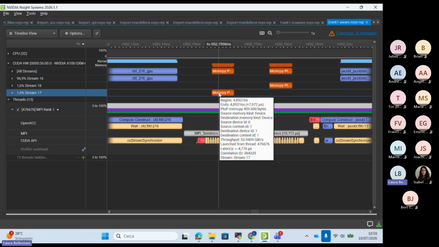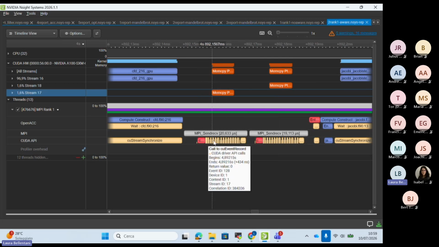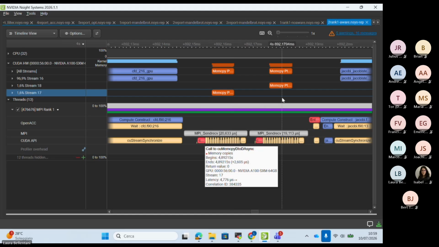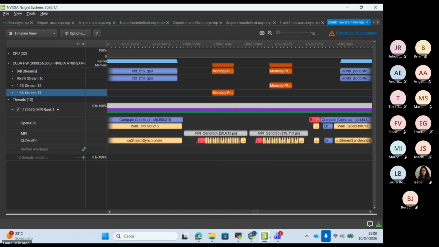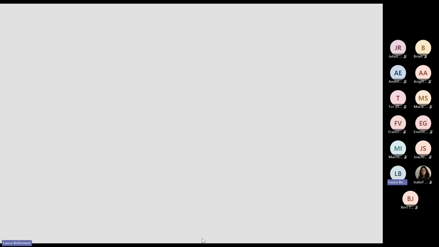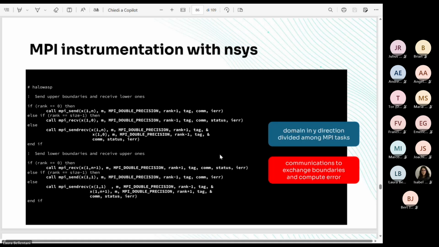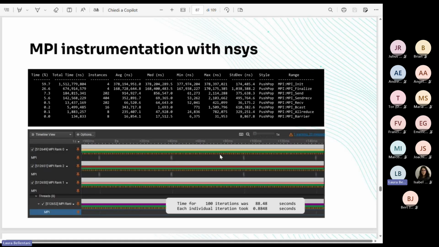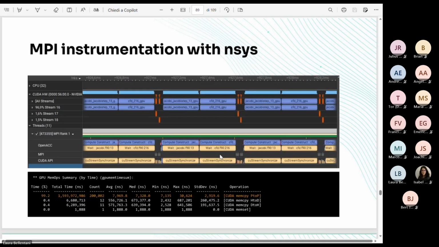But you can have it for peer-to-peer communication. And you also have the CUDA backend, which shows what is called in the background under the hood. Okay, this is basically what I wanted to show, but we will see more regarding communication.